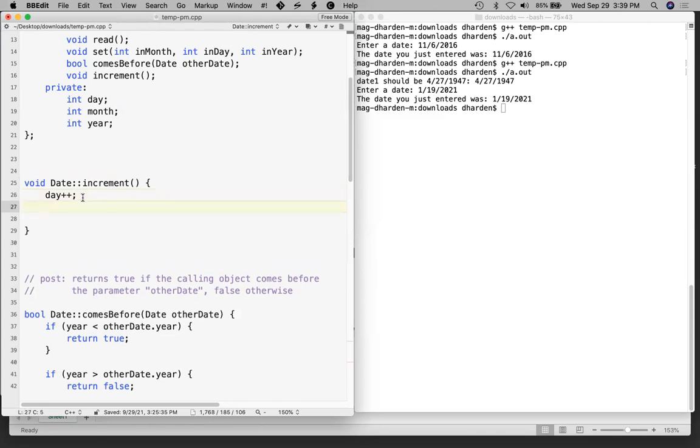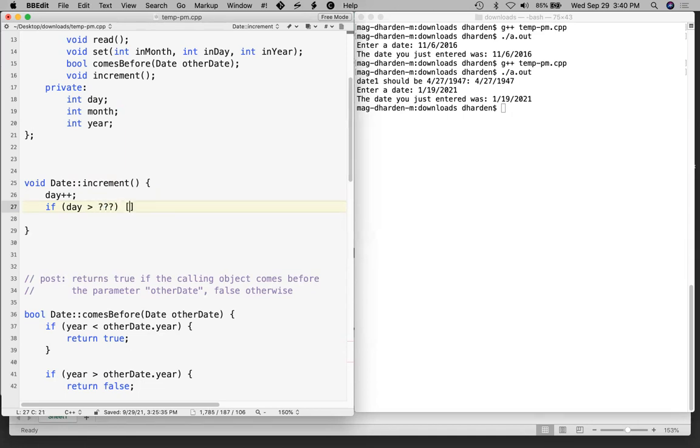We're going to increment day or the last day of the year, right? But that's subsumed. It's the last day of the year, it's also the last day of the month. But that's a good point, we'll get to that. So I'm going to say, so we just incremented the day. If day is too big, so if day is greater than